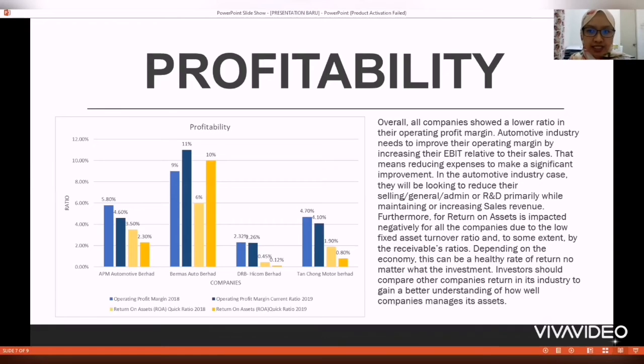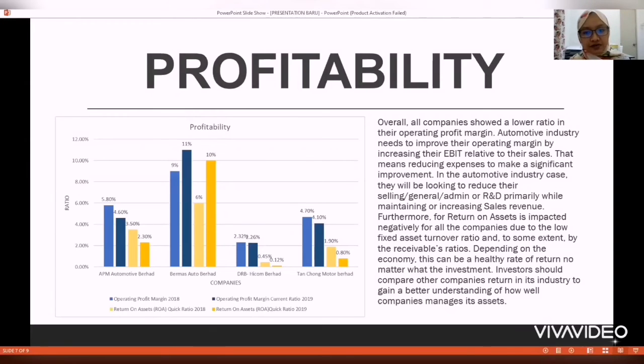Overall, all companies showed a lower ratio in their operating profit margin. The automotive industry needs to improve its operating margin by increasing EBIT relative to sales. That means reducing expenses to make a significant improvement. In the automotive industry case, they will be looking to reduce their selling, general, admin, or R&D primarily while maintaining